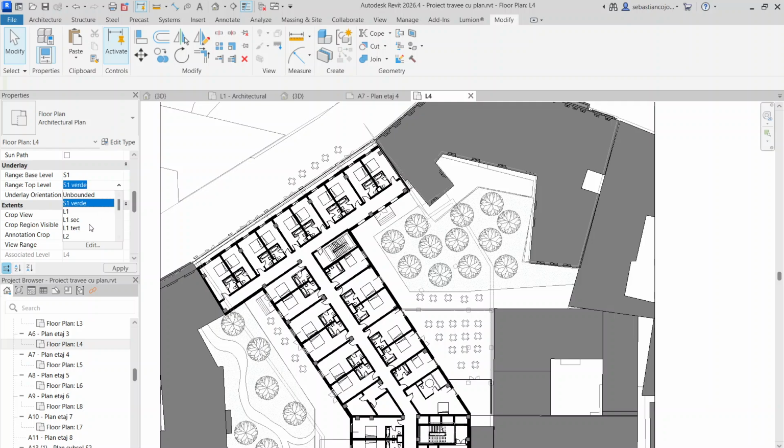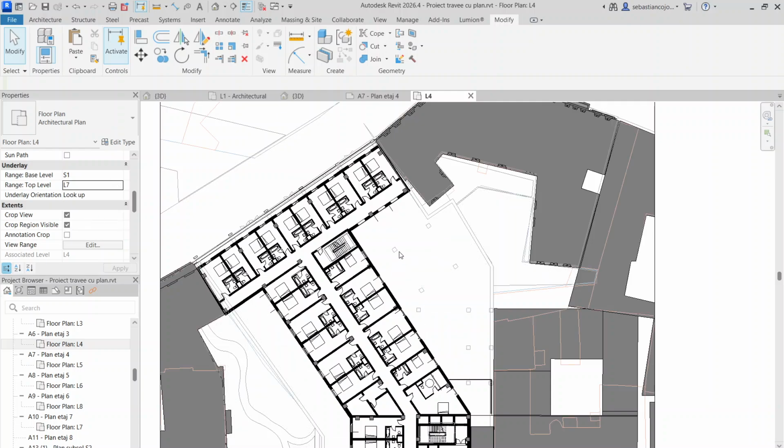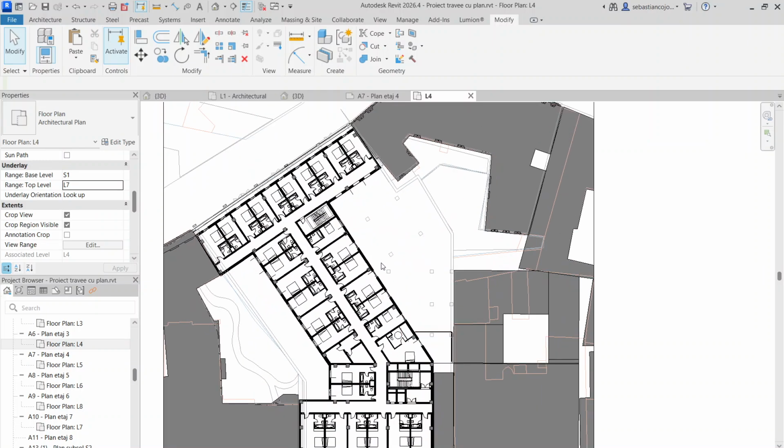And I also have, let's say, the L, how high up I want to see it. I can say I want to see it like this, and I want to look up. It's kind of delicate to set up. Actually, you have to do a lot of trial and error. So for example, here I see basically the first underground level when I look upwards towards the 7th level,